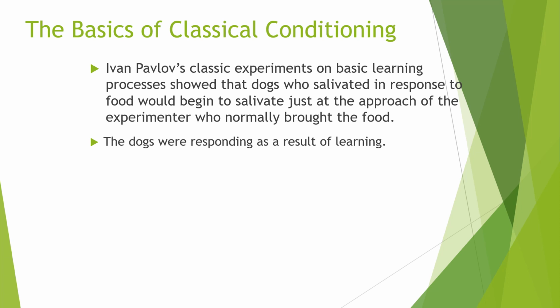Ironically, Pavlov went on to win the Nobel Prize in Science that year because of his findings, and it wasn't even originally what he intended to find. So it's accidental what he found, and he got the Nobel Prize for it. That hardly ever happens, but it did happen for Pavlov.